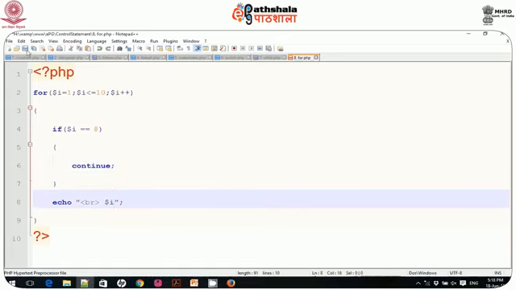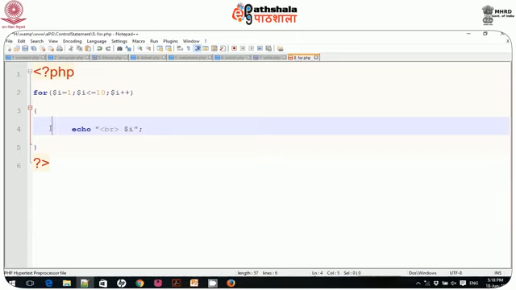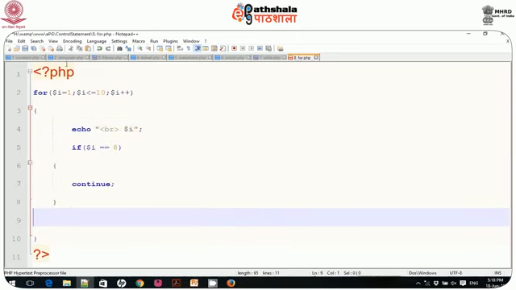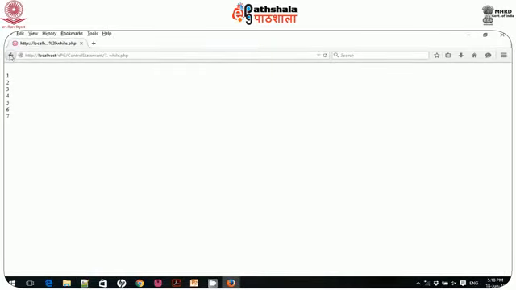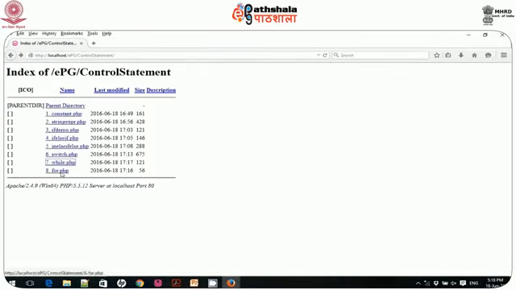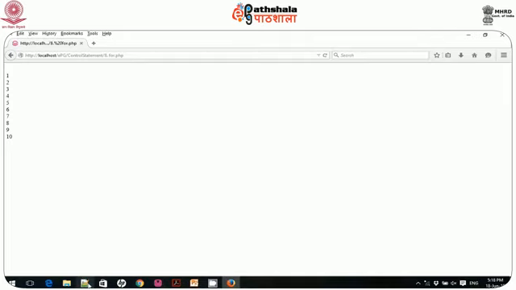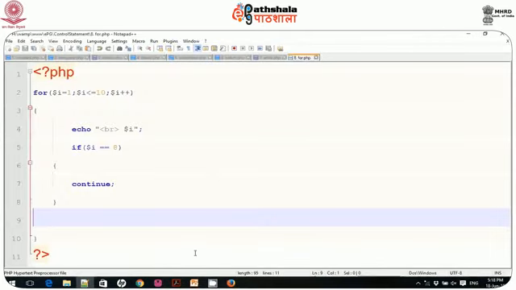And this will first print the value, and then check if the value of I is this, then it will continue. So it will print 1 to 10 in the for loop, because it continues though this value is this, and does not skip that value.